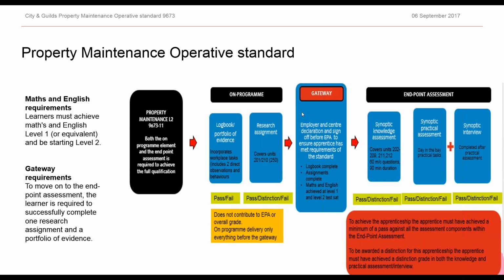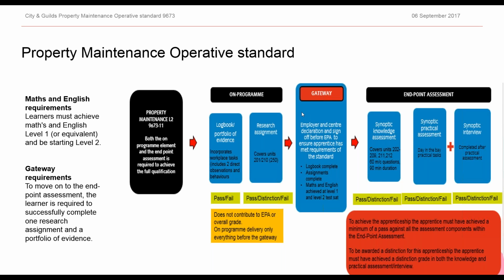complete a logbook, on-site, and a research assignment. They're graded pass-fail for the logbook and pass, distinction, fail for the research assignment. None of those grades contribute to endpoint assessment. They are simply to complete the on-programme offer. So once the candidate has gone to that stage, they've completed the logbook on site, they've completed both research assignments